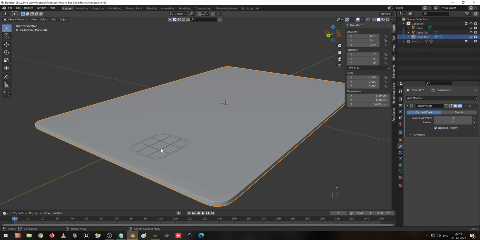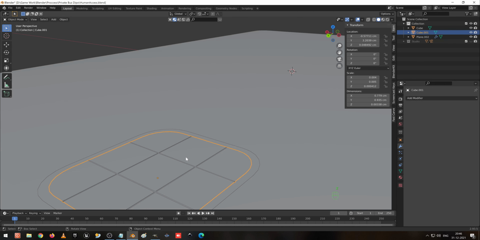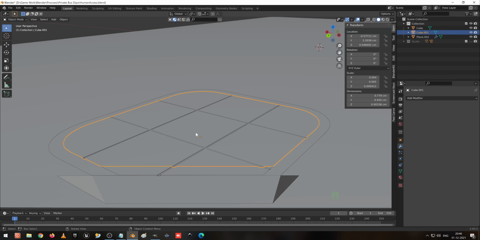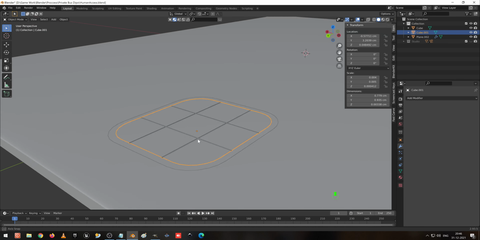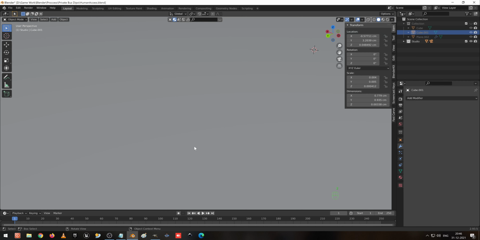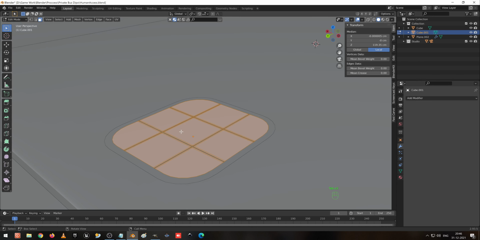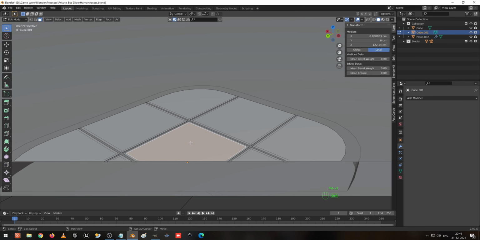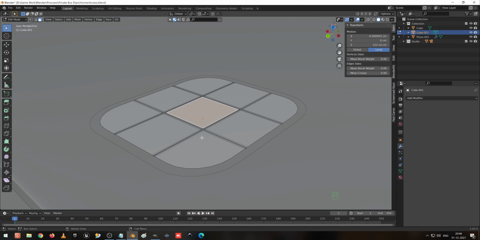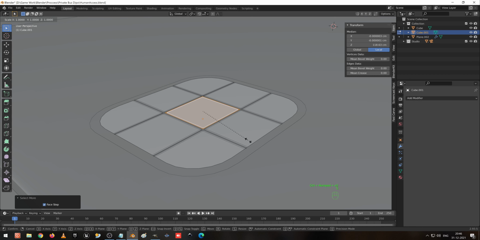So go to the solid view, and this one I feel doesn't look right, so I turned off everything. Go to edit mode, select this, and press Ctrl plus, and yes to scale a little bit inside.